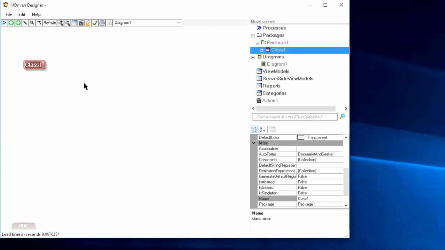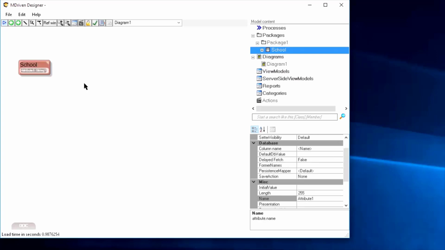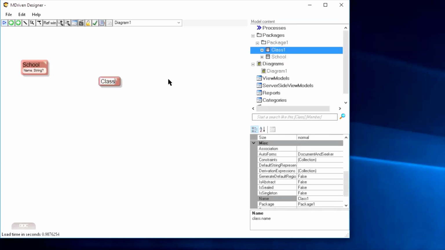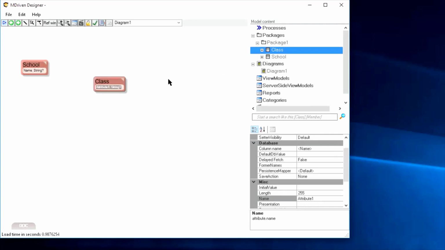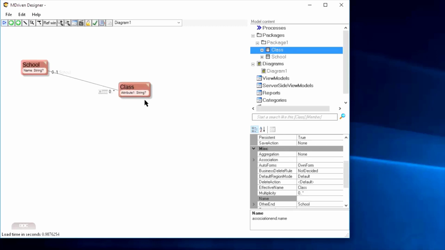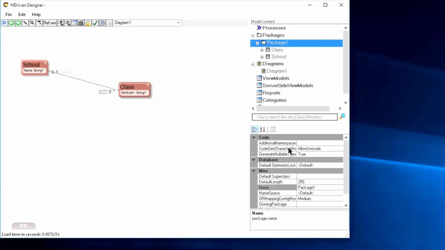and I've thought of an example. Maybe we have a school here with a name, and in the school there will be classes, well, it could have an attribute, so the school would have multiple classes,